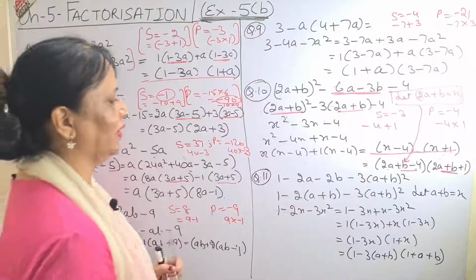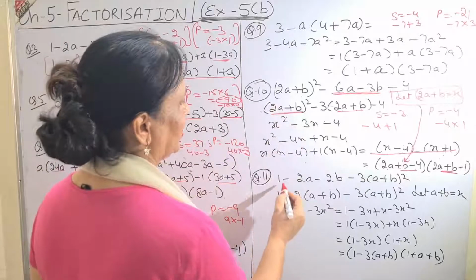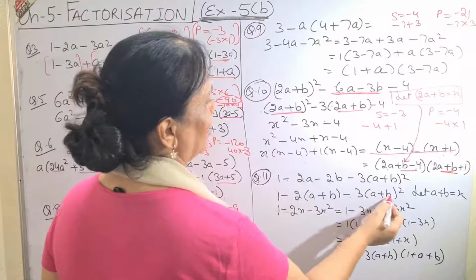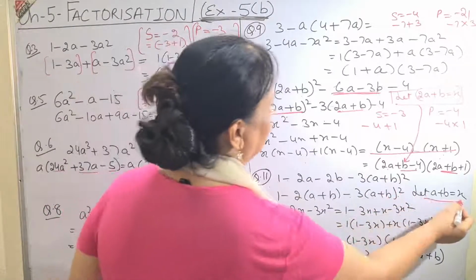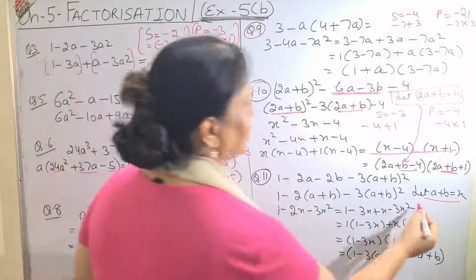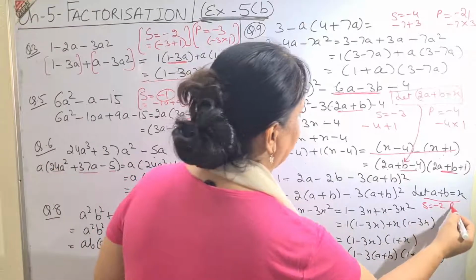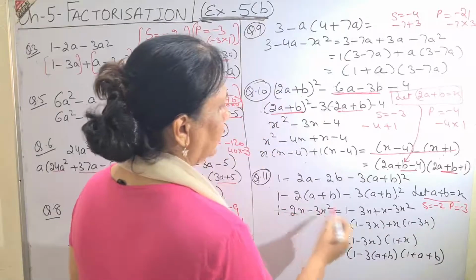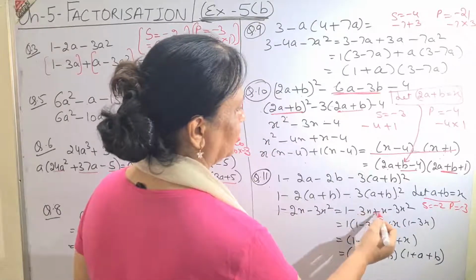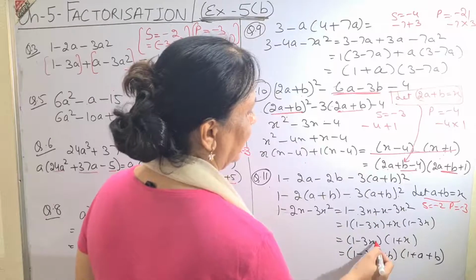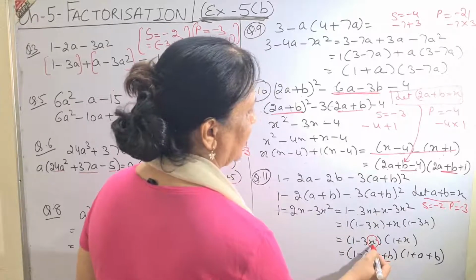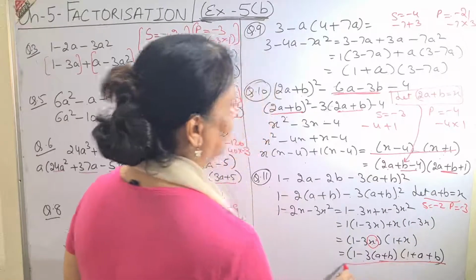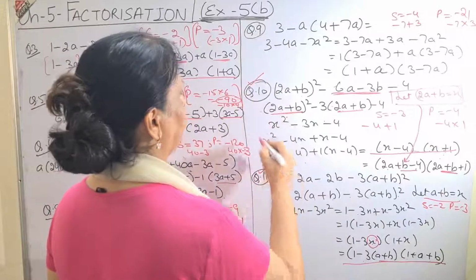Similarly, question number 11, again I have got it in the form first. I took minus 2 common: a plus b whole square minus 2 into (a plus b), minus 3. Let a plus b be equal to x. Again my sum has to be minus 2 and the product has to be minus 3. Similarly I followed: minus 3x plus x, from the first two and from the last two common term. Then I re-substituted the value back. In place of x I took a plus b. This is very very important. Questions number 10 and 11 are very important.